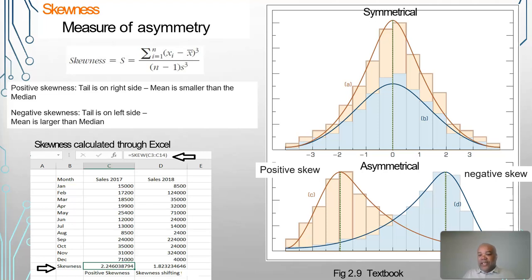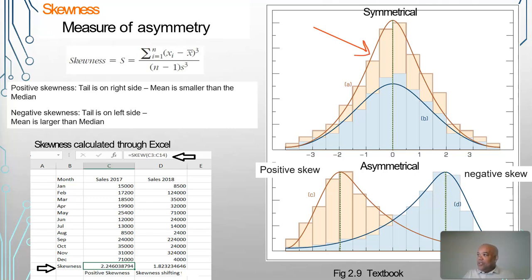Skewness is a measure of asymmetry in the data distribution. In a symmetrical distribution, the data is evenly distributed around the mean. And the mean, median, and the mode are all going to be identical. Okay. So this right here means it is symmetrical.